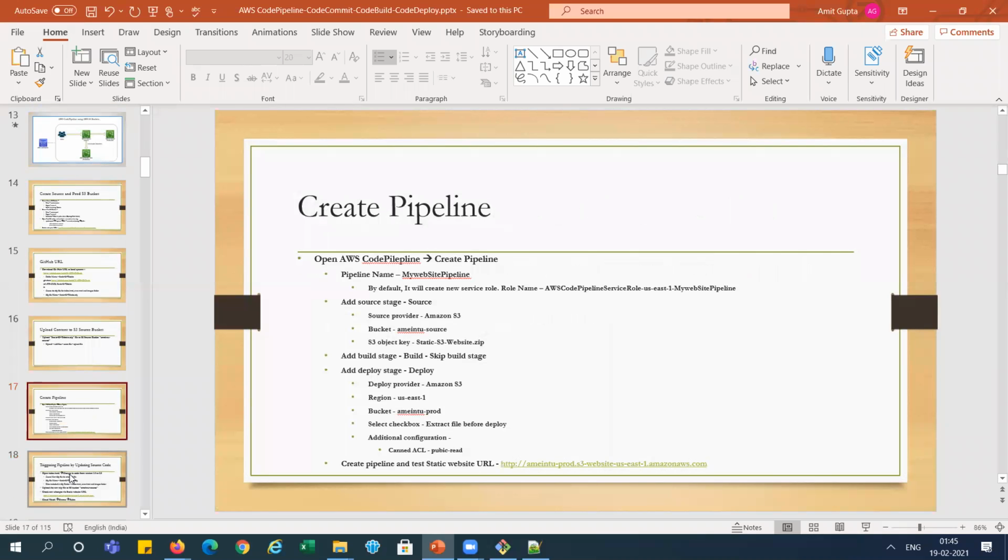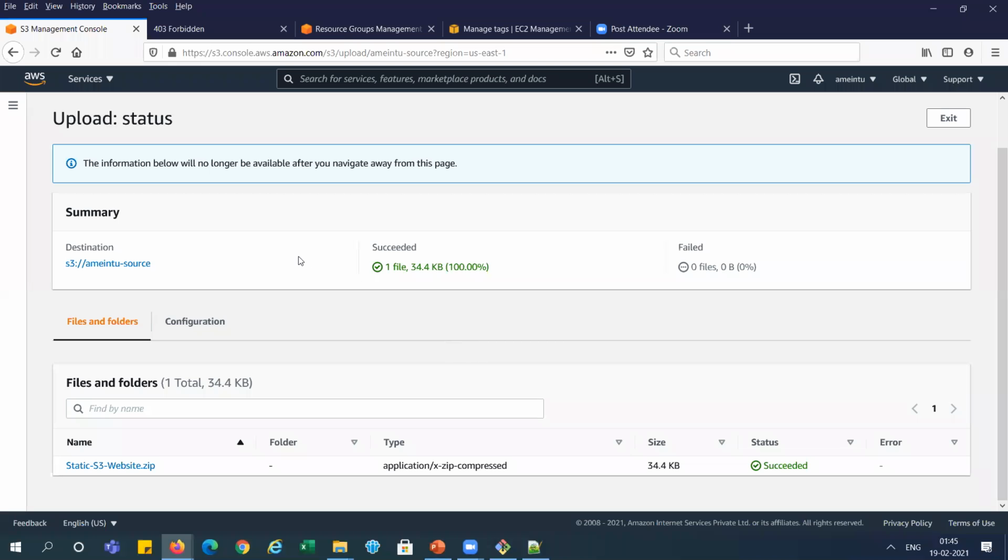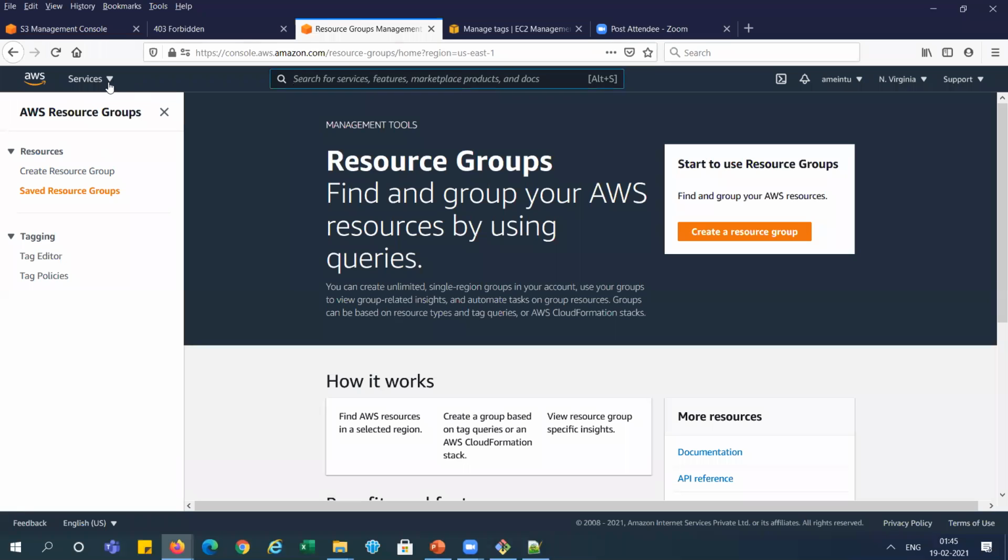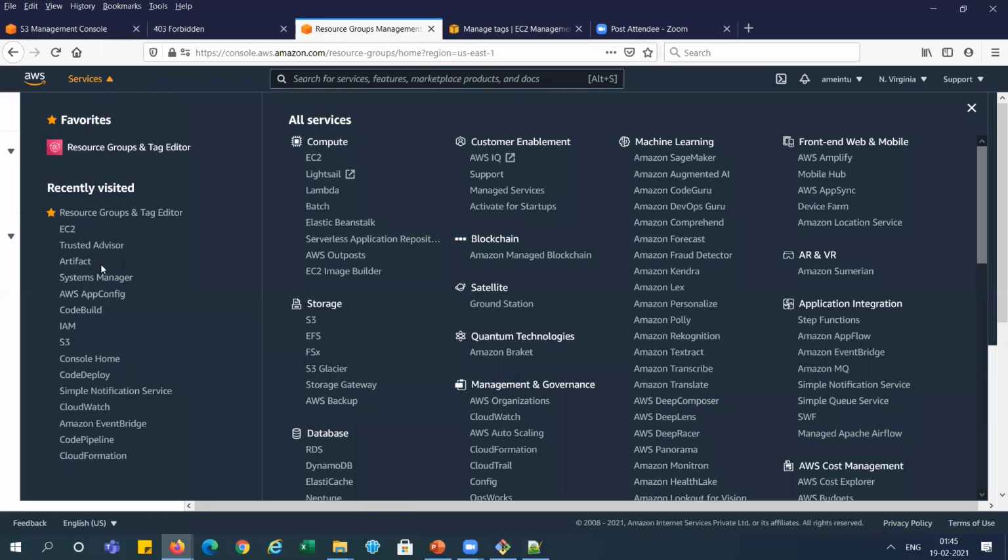Now our source bucket is ready. So we need to create the pipeline, and after creating the pipeline, we will deploy those things to the target S3 bucket, right? For this, we need to go to the pipeline, create pipeline and give the name. You can give the same name, or you can take another name, whatever, right? So let me open pipeline.